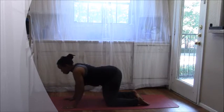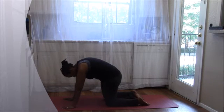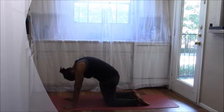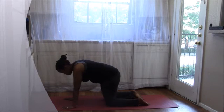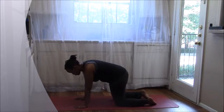As we inhale again, scoop yourself up. So keep moving at your own pace. Come back to a neutral spine. And whenever you're ready, go ahead